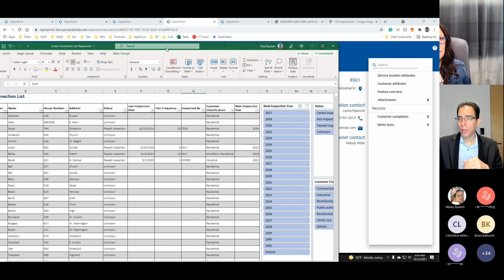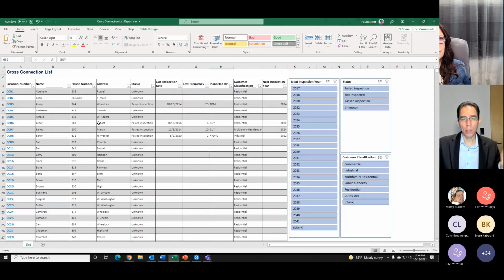So the final thing I want to show real quick is an example of the cross connection report. There's a new report out there just called cross connection list. You generate the list and it dumps out all of the cross connection data that's in the system. And then from there, you can slice and dice using these slicers to figure out the information that you want, such as in this example, I want to see what am I due to inspect